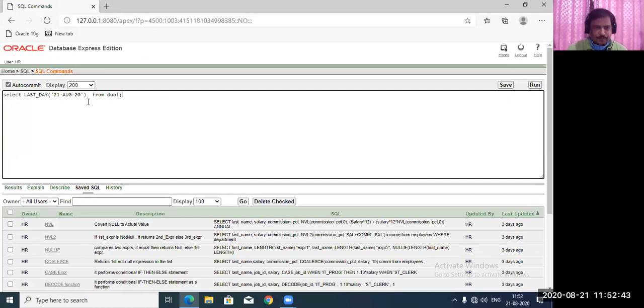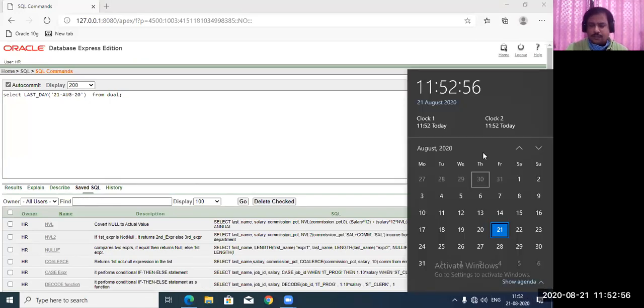Last day means months have different last days. For example, January, February, March, April, we have 12 months. If you see this August month, the last day is 31st. If you see the previous month, July, it is also 31st. If you see this one, it is 30th. So different months have different last days.